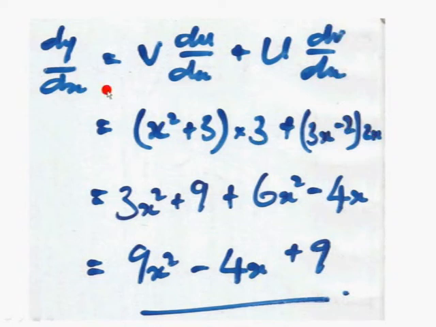Okay, up to this level here, that's the difficult part. Once you're able to get it up to this level, you are okay. The rest is just evaluation. Okay, so you expand the bracket, then you arrange it, collect like terms. So we have